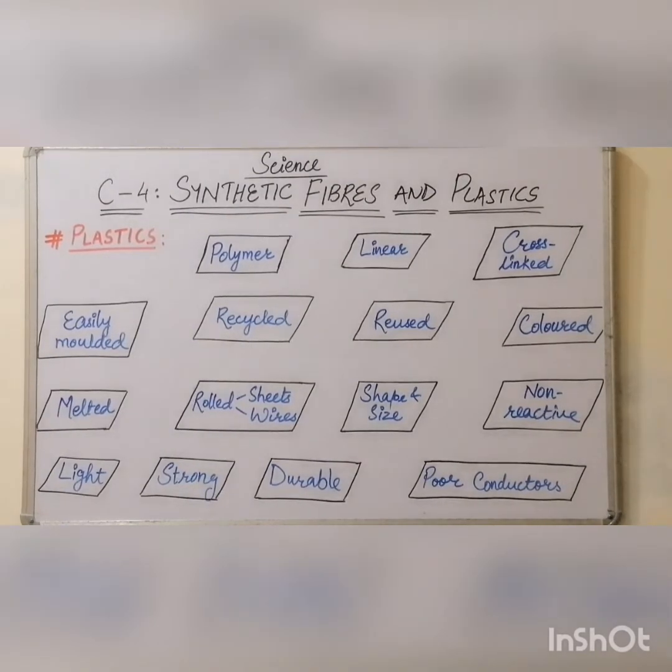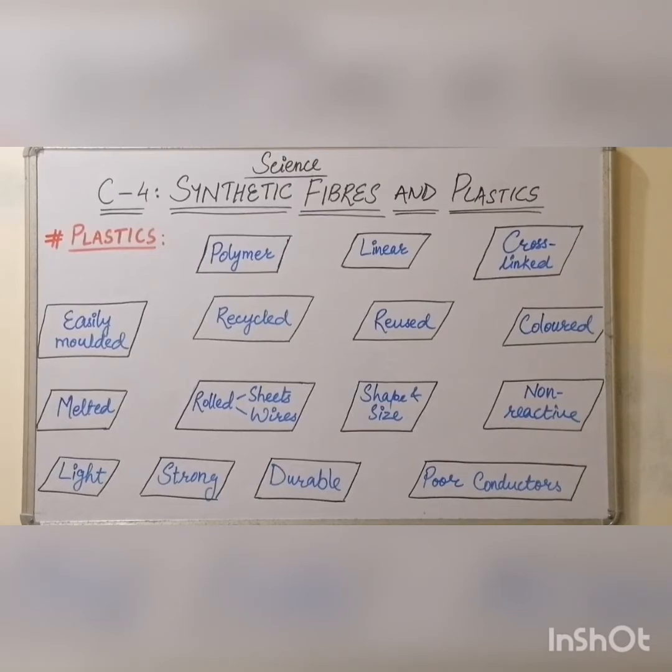As we have learned about synthetic fibers, that they are polymers made up of monomers arranged in a single chain. Here we have plastics which are again polymers, but our plastics are not only in linear chains, they are also linked in cross chains. So some plastics have a linear arrangement, and some plastics are cross linked to each other. The small units are cross linked to each other. This we will see later on when we learn about the two types of plastics. Now let us continue with the characteristics.